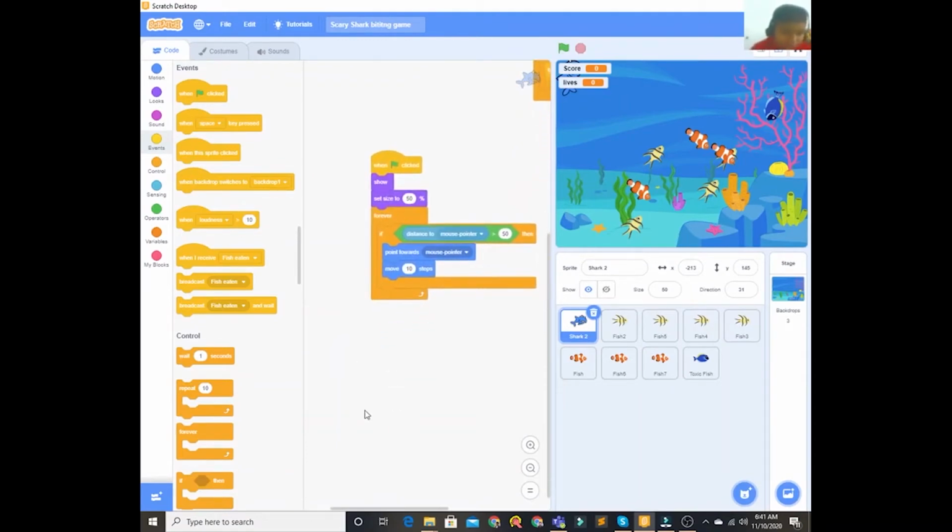I have to put some points, right? So let's go to the yellow fish. We have already put the yellow fish now, so let's try it out. It's just eating, it's not opening its mouth, right? So for that reason, let's go to the shark